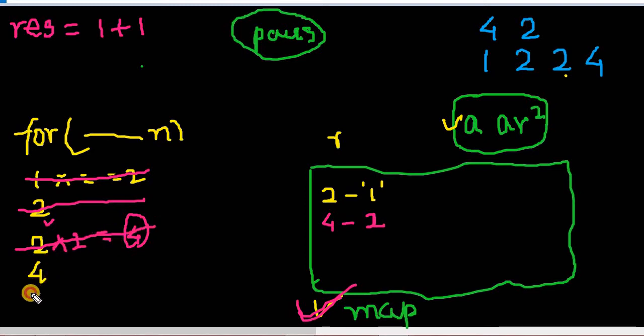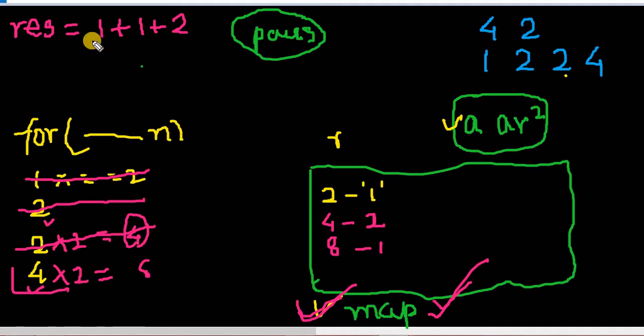After this we'll encounter 4. We'll check if the value 4 is present in our map or not. Yes, it is present, and it is present 2 number of times. So I'll add that to the result, and for this 4 I'll multiply it by the common ratio. This will become 8, and I'll initialize the value there. Here 8 is repeated 1 time. Now the array ends and we don't have any elements to further traverse. So this will be the result.